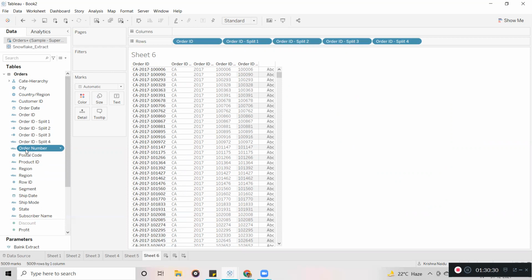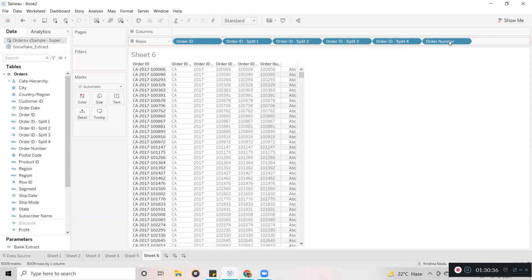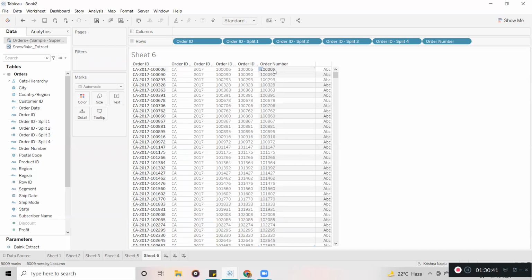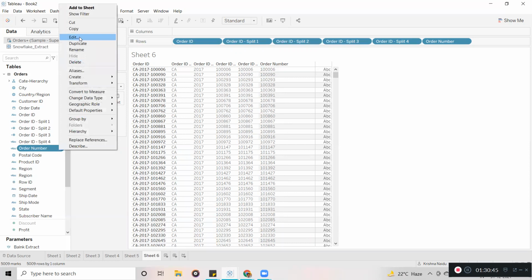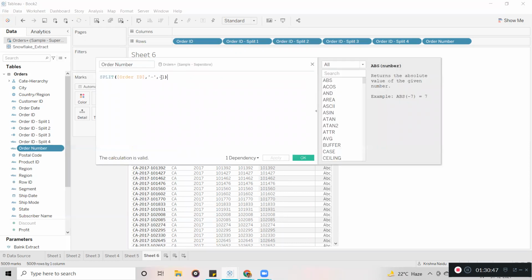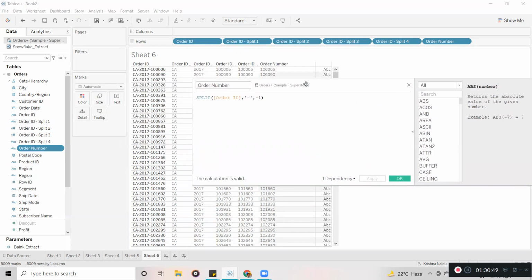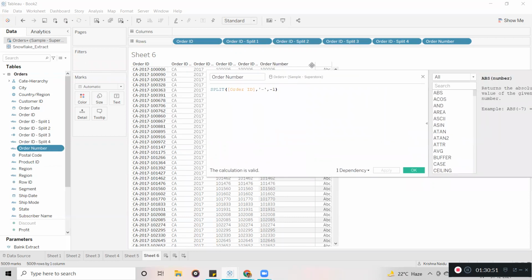This is the custom field which we have created in Tableau. Now I am going to drag this one here. Now let's see what is going to happen. It is displaying order number. Why have I given -1? From here I want to go one step back, so this is -1 and this is -2.